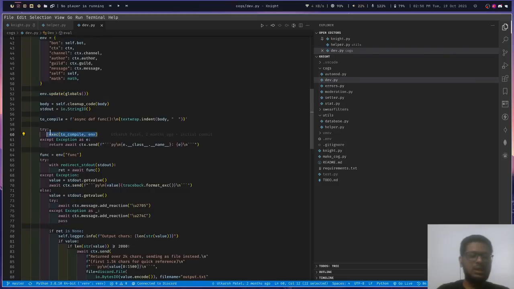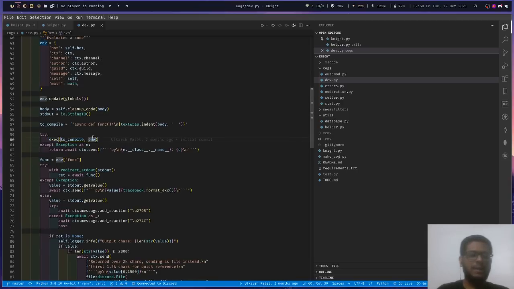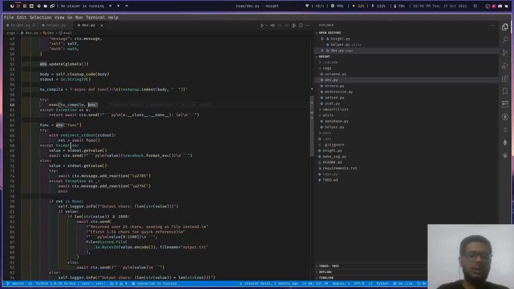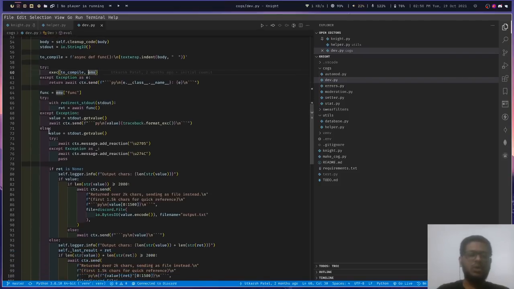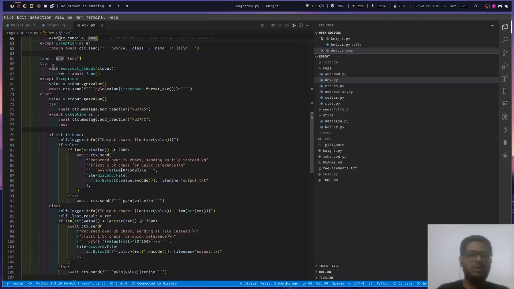As you can see, we have passed the compilation code and all the environment we have provided here to execute in the exec function, and depending on the output, if the code cannot be executed, then it will return an error, and if it is executed, then it will return the output.